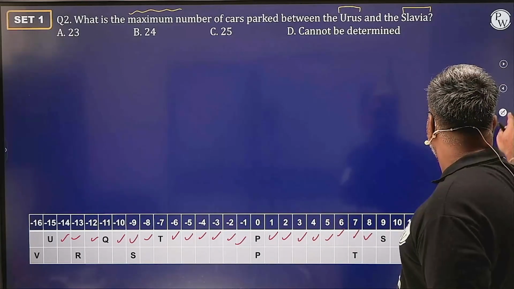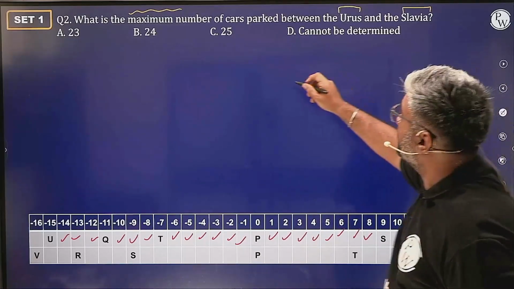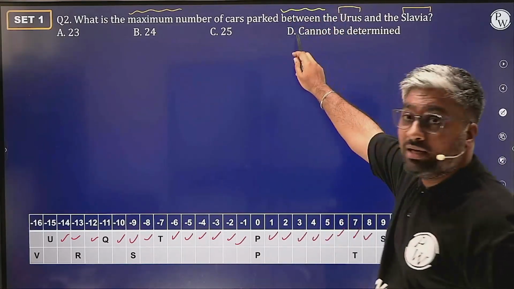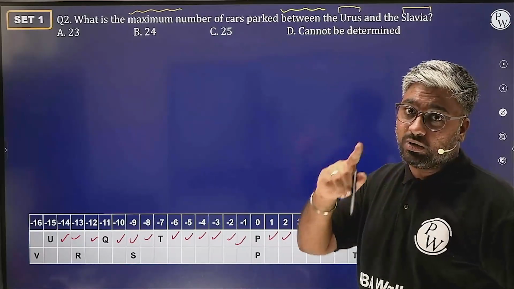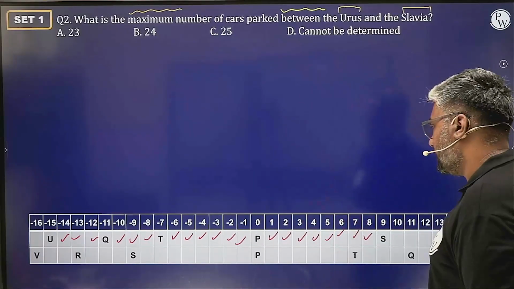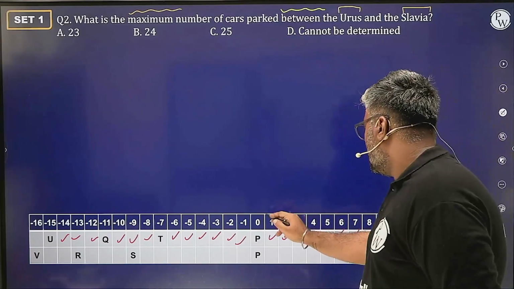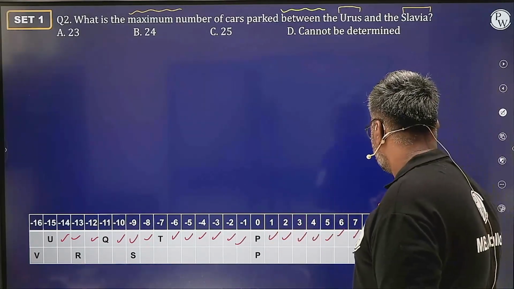1 से लेके 9 तक. Please be very careful. Between बोला है, between बोला है, not all the cars counting. तो प्रीवियस केस में सब काउंट करना है, यहां पे बिटवीन बोला है. Please be very, very careful. So what do you see? बिटवीन यू एंड एस, राइट? सो यहां से